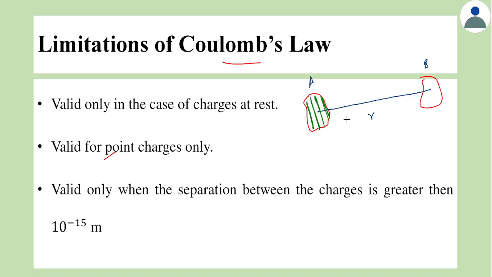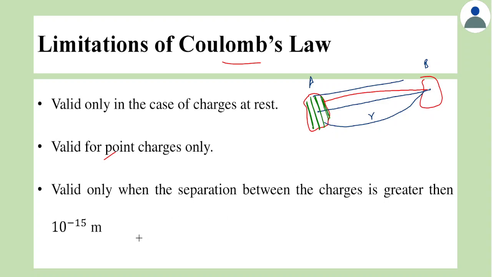Now if you look carefully, the distance of this stripe from the center is something else, the distance of this stripe is different, the distance from here is different. So in this case we can't use a single Coulomb's law because the distance of each part is different. So we should find the force for each strip and integrate from there. Otherwise, in simple language, we can't use a single law here if the objects are quite big in size.